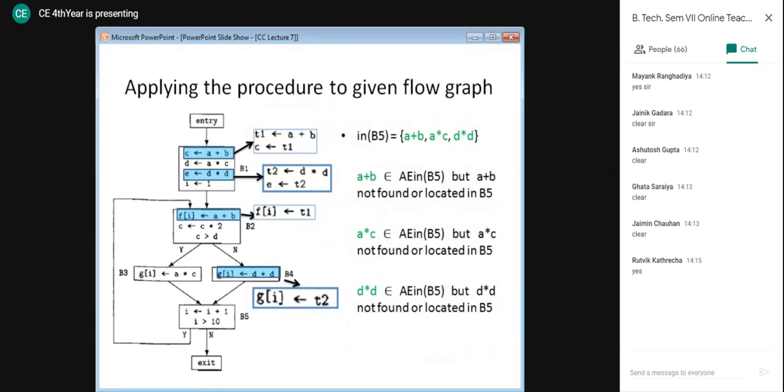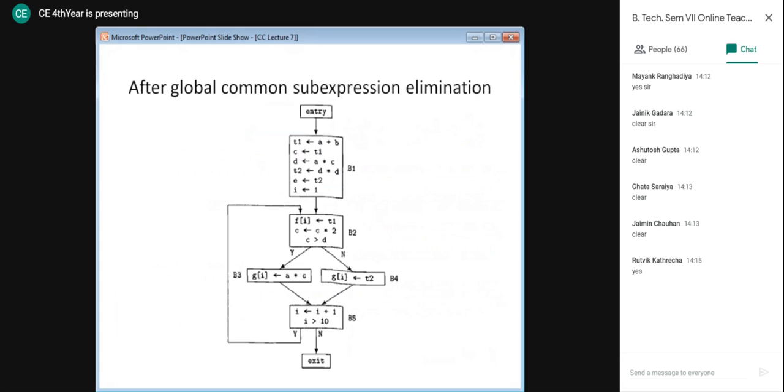Now we are having a look at block 5. Now A plus B, A into C, and D into D, all of them are present in the in set, but they are not found in B5. So we don't have to take any of these into account. And finally, what we have is